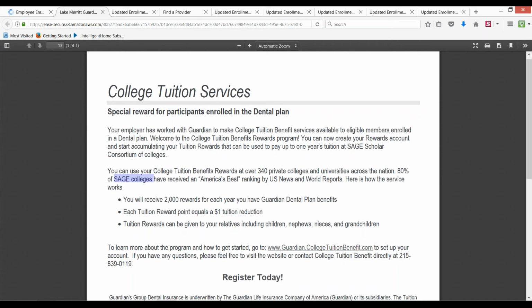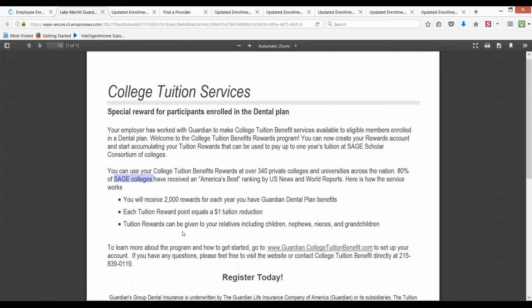Your child may not be ready to go to college just yet, right? But if you don't have children, no problem. If you do have children or you have nieces and nephews, and let's say that they're going into their 9th grade, at that point, you're getting really close to where you can pick this benefit to go to that person. You don't have to do that today. So you don't have to know who this person is in the future. All you have to do is sign up today.